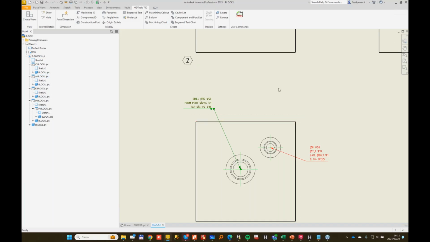Then in case of drill chart, I need to do something else, and sometimes I need to duplicate the cavity in order to have a cavity that is well made for machining callouts and another that is better for the drill chart or vice versa. So that's the first part of today's